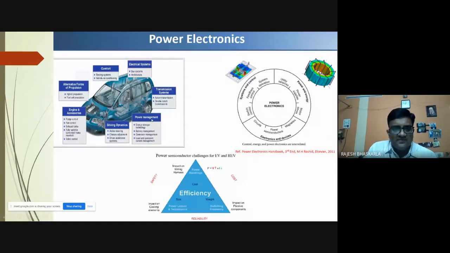So for that, power electronics devices are used. For controlling the motor, we are using these power electronic devices. So in the electric vehicle, if you observe, the motor is controlled by an inverter or a rectifier or a DC-DC converter. So that DC-DC converter is called as a power electronic converter. Am I clear? So now we are looking at a higher efficient power converter. So we are looking at high power efficient converter which can control the motor by having less losses.